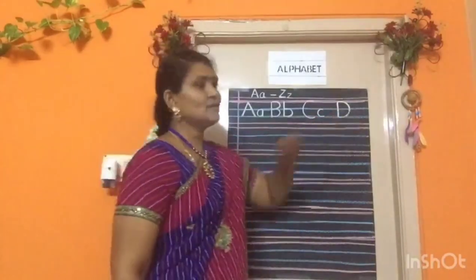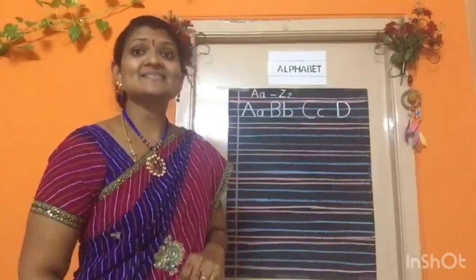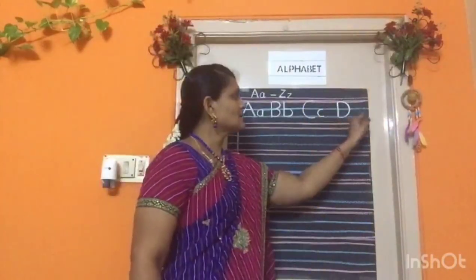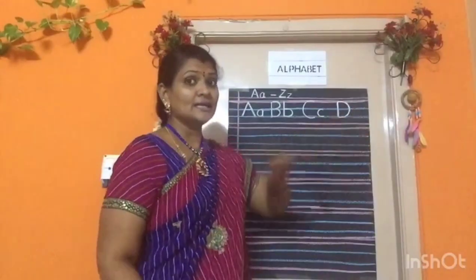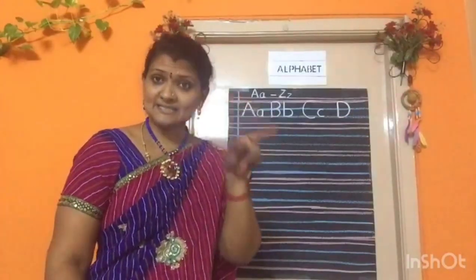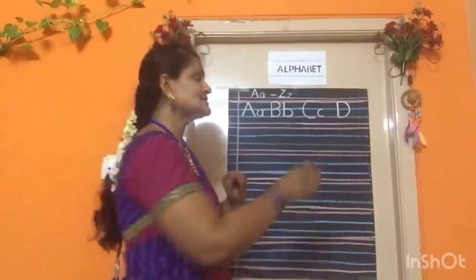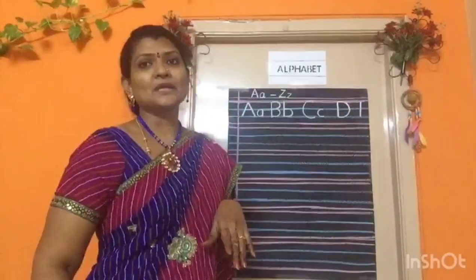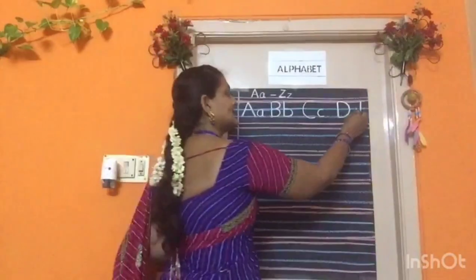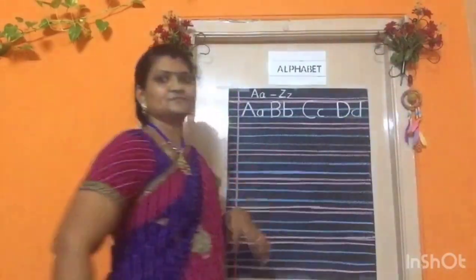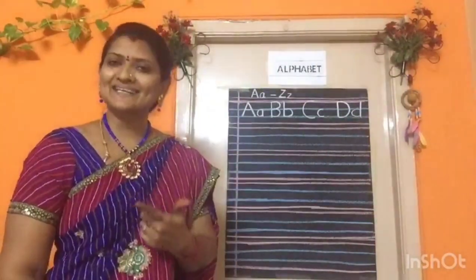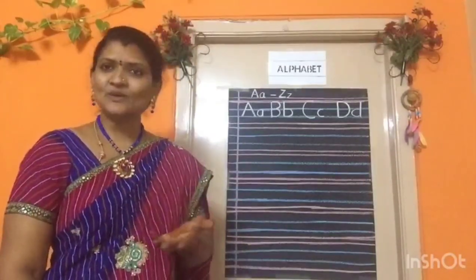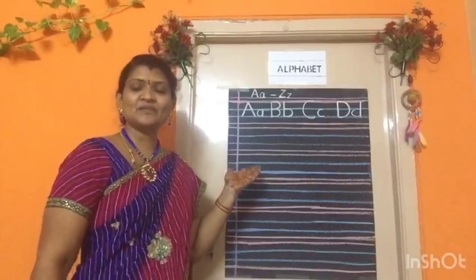Okay, children? Now next. Yes, small d. Now how will you write? Give some gap, because small d has a left curve. So you have to give a little gap and write vertical line from pink line to blue line. Then left curve. Okay children? Done. And D for you repeat. Okay children? Now comes next.